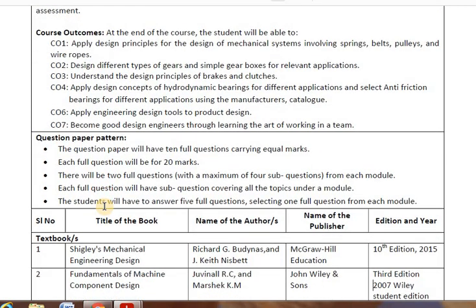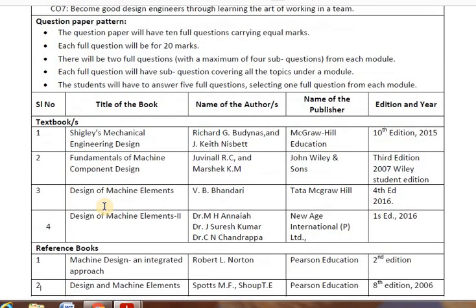Then you can see the books. The first book we have is Shigley's Mechanical Design by Richard Budynas and Keith Nisbett. Then Fundamentals of Machine Component Design by Juvinall. Then Design of Machine Elements by V.B. Bhandari.